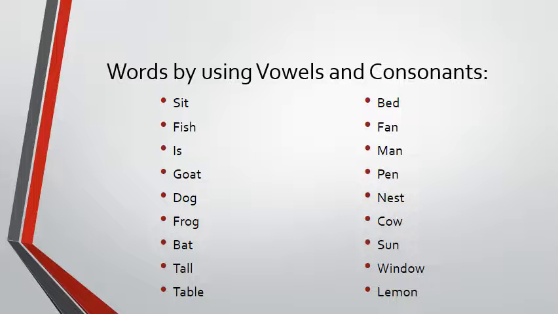WINDOW, window. In this word see how many vowels are there? There are 2 vowels and how many consonants are there? There are 4 consonants. Which are they? W, N, D, W, and I made the word WINDOW, window. Again see the last word LEMON, lemon. In this word I took 2 vowels and 3 consonants. In this way you can make as many words as possible.